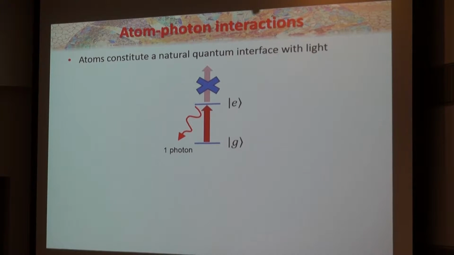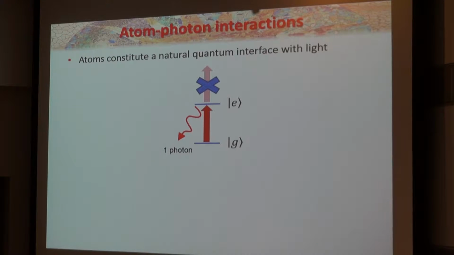So at some level, this is going to be a talk about atoms and photons. And I think we all know that atoms have been one of the playgrounds for a long time for exploring quantum mechanics, especially in their interactions with light. The simple story of an atom is it's more or less a two-level system. It has some electronic structure, but the levels are completely anharmonic. You can go from the ground state to the excited state by shining a laser at it. But because the level structure is so anharmonic, in practice it's very unlikely that you would ever absorb a second photon.